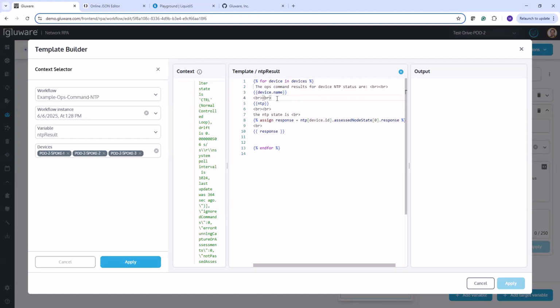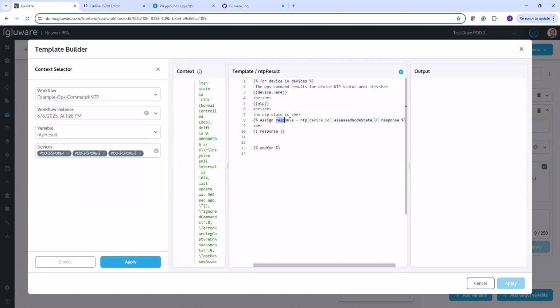And then BRs are HTML formatting. And then just for demonstration purposes, I'm going to write out the full NTP variable. So if you remember from the previous example, I left that NTP variable as the whole JSON object. Then I'm going to have some breaks, and then I'm going to say the NTP state is,